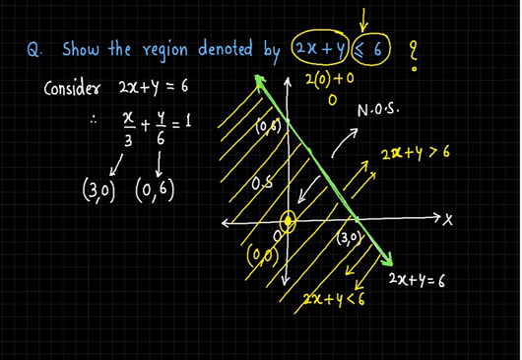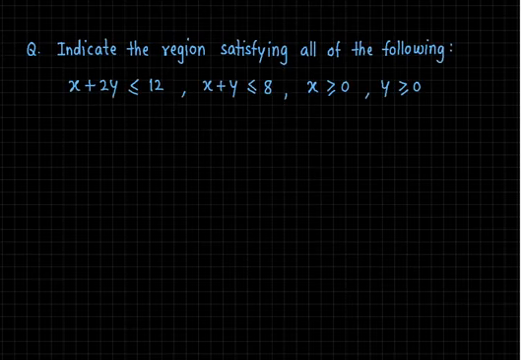Alright, let us practice one more question with a few more inequalities. Indicate the region satisfying all of the following inequalities. Here if you see, there are 4 inequalities given to us. First is x plus 2y less than or equal to 12. Second is x plus y less than or equal to 8. Third is x greater than or equal to 0, and last is y greater than or equal to 0. So once again, like we did earlier, first consider the equality